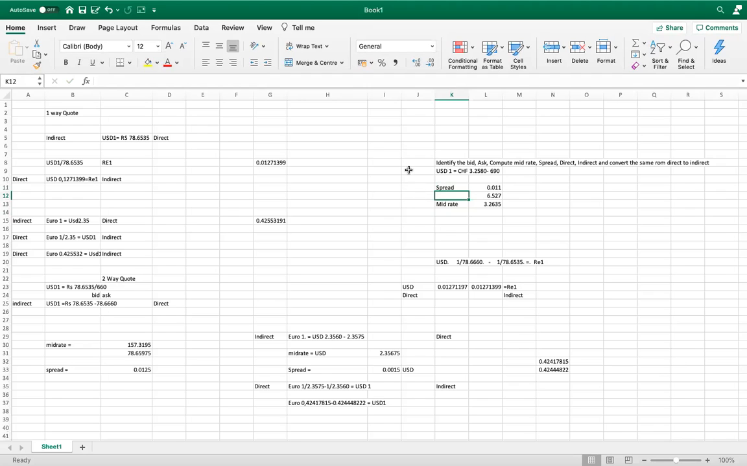So it's going to be indirect here and direct here, right? It is a direct quote in CHF, Swiss franc. It is an indirect quote in USD, right? So let me convert it to direct here. Direct here is going to be USD